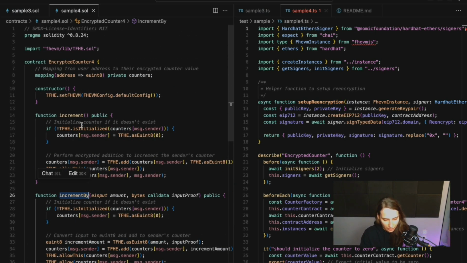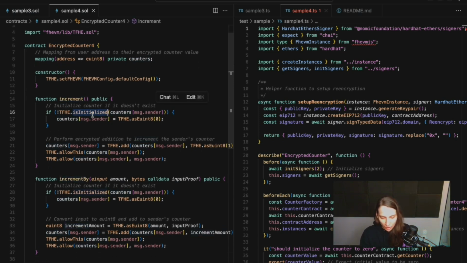Here you can see that I changed the contract a little bit. So I am just mapping all the addresses. So every address now has their separate counter. It wouldn't make sense to have a public counter for everybody. So each address has their own counter. And when we are doing increment, first we check if the counter is actually initialized.